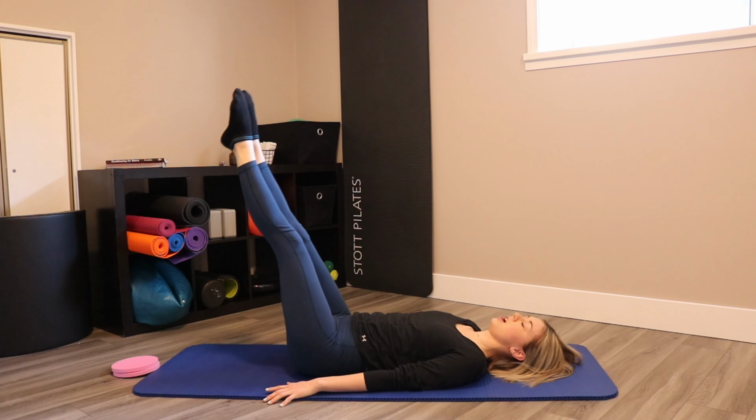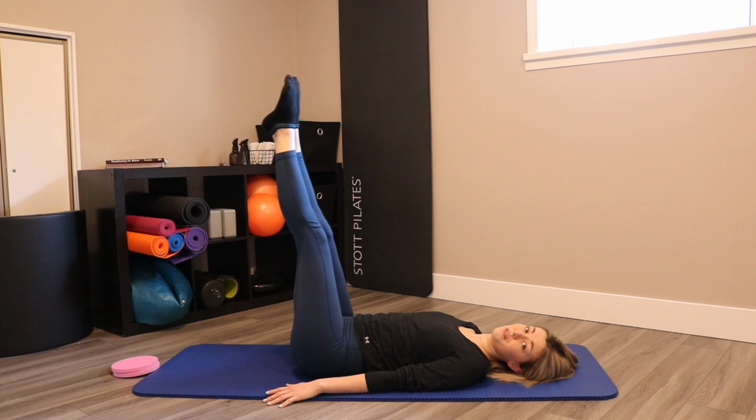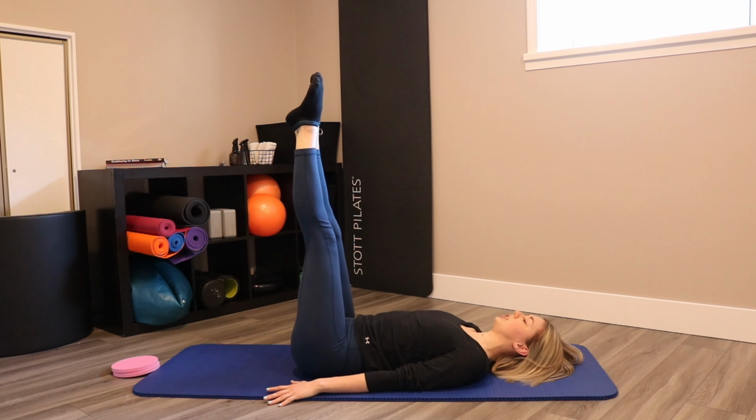Pull up and over. You can do a little lower lift for a little hamstring engagement. Open, flex, and then crazy ab control as you articulate through your spine one piece at a time. Reach away and squeeze together. You can do that a few more times if you'd like, or we can go on to a jackknife, which